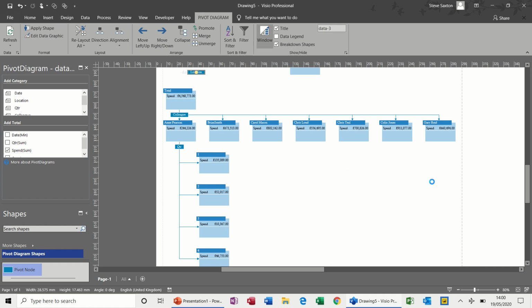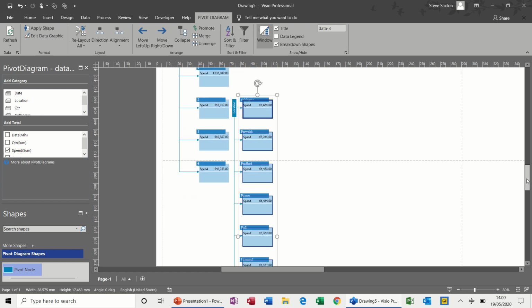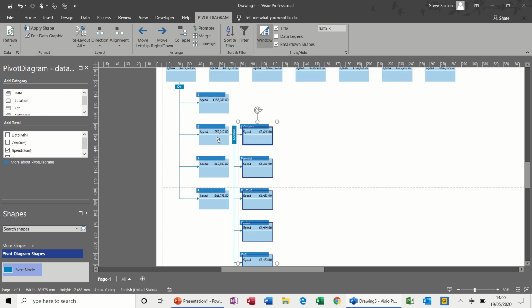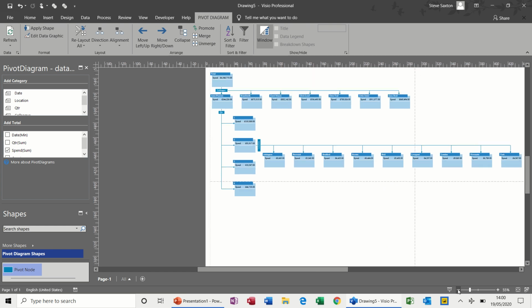So the ability to collapse things out of the way, filter things, add extra nodes, manipulate the node, makes it a very useful tool and very simple to use once you get used to what it's doing and how it's changing things around. And when it does stuff like that, slightly irritating, because I wanted that to go left. There you go. So if I come back out on this diagram a little bit so you can see everything,